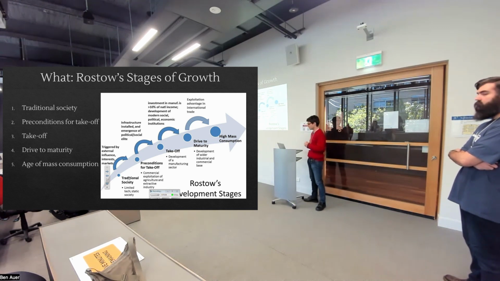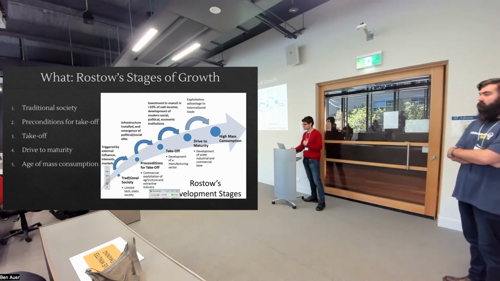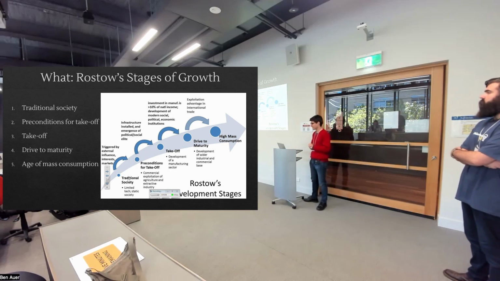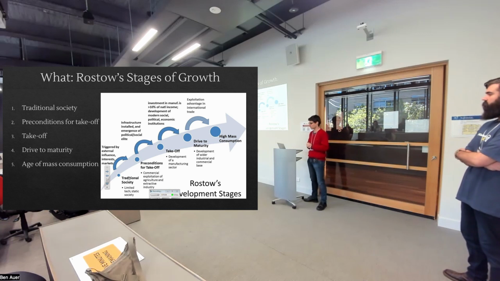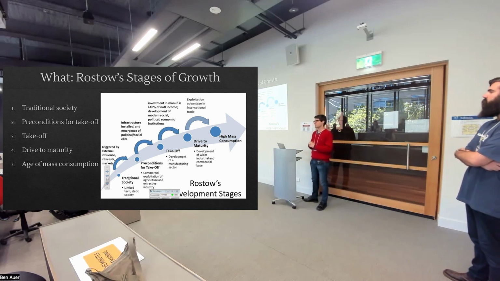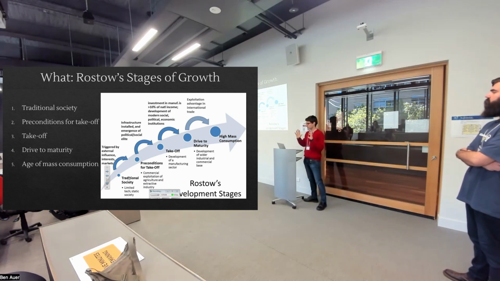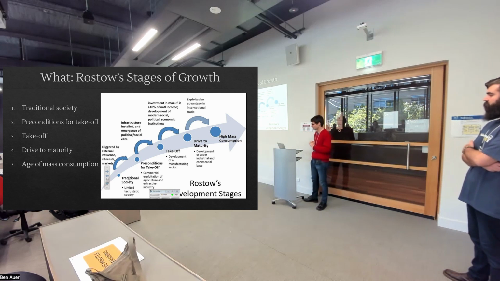But there's a couple of stages that he identified. So the first one is what he called preconditions for takeoff. Takeoff, he's talking about the process of growth. I'll explain that a little bit in a moment. But by preconditions, he means that there's a certain set of factors that are necessary, or at least seem to be very helpful for starting this process, going from being a traditional society to kind of on the verge of the next stage. We might talk more about this when I talk about institutions a bit at the end, but